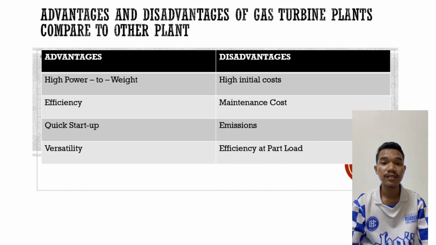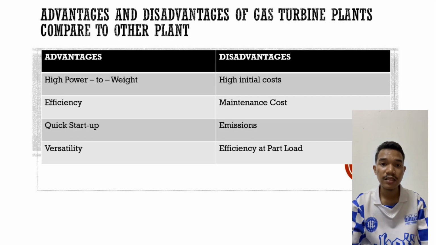The next is disadvantages of gas turbine. First is high initial cost. Gas turbines can be expensive to manufacture and install, which can be a significant drawback in terms of initial investment. The second is maintenance cost. The maintenance of gas turbines can be costly, and regular inspection and repair are essential to ensure optimal performance and